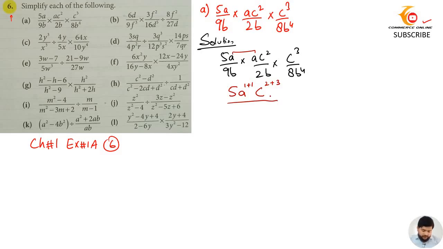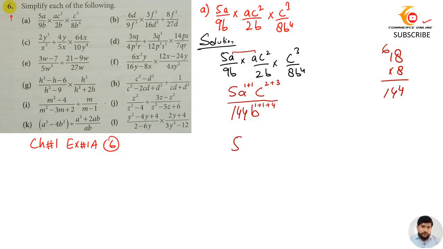Now we are going to do the same with the denominator. Here in the denominator, that is b and b. Now we are going to multiply the b. So we are going to have 1b plus 1b plus 4b, and we have 9 multiplied by 2 multiplied by 8. So this is going to be 18 multiplied by 8. 8 8s are 64. So 4, 6 8 1s are 8 and 6. So this is going to be 144b.